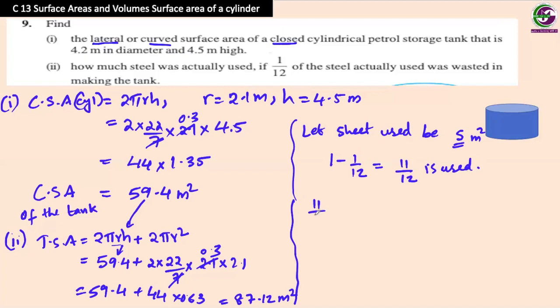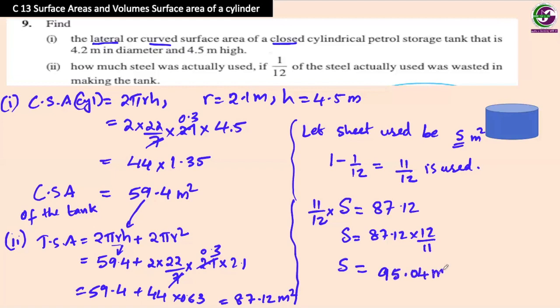So 11 by 12 of the total sheet is equal to 87.12. This is the total sheet that will be applied on the whole tank, but 1 by 12 will be just in the waste. So we need to find S. So S is equal to 87.12 multiplied by this 12 will be up and 11 will be down. So 12 divided by 11. Therefore, S is equal to, we multiply 87.12 by 12, then divided by 11. So we get the answer